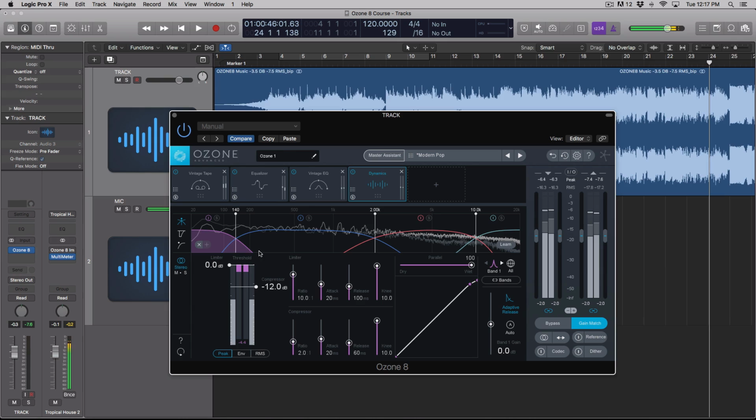Now, in this first mode, you're going to see basically 4 bands if you have all 4 bands active. This can, at most, display 4 bands, and it's breaking up your mix into frequency bands, and you can solo each band. So if we want to hear just our sub or our low end,